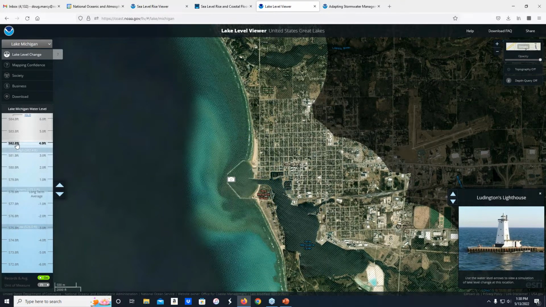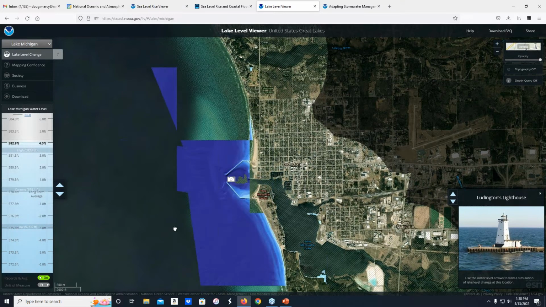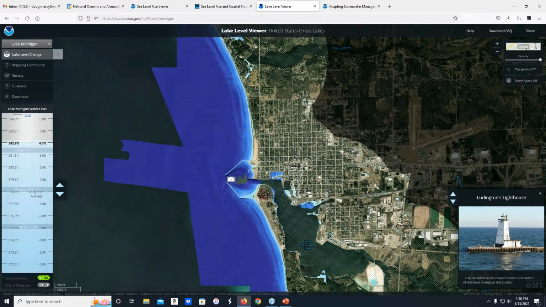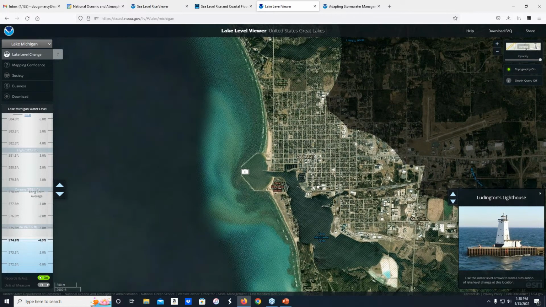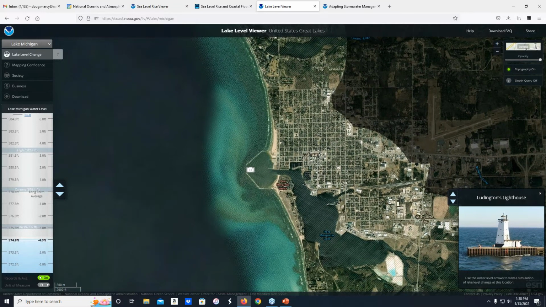Click on this location and you can see how, as you increase the water levels over time, it shows you, it's being a little slow. I'm on my home computer today. It'll show you what the increase in water level looks like, what areas might flood, and at the same time it also shows you low water conditions, what will flood too. This is not drawing right now. I think it's probably because I'm sharing my screen. So I'll just move on from there and show you one last tool.